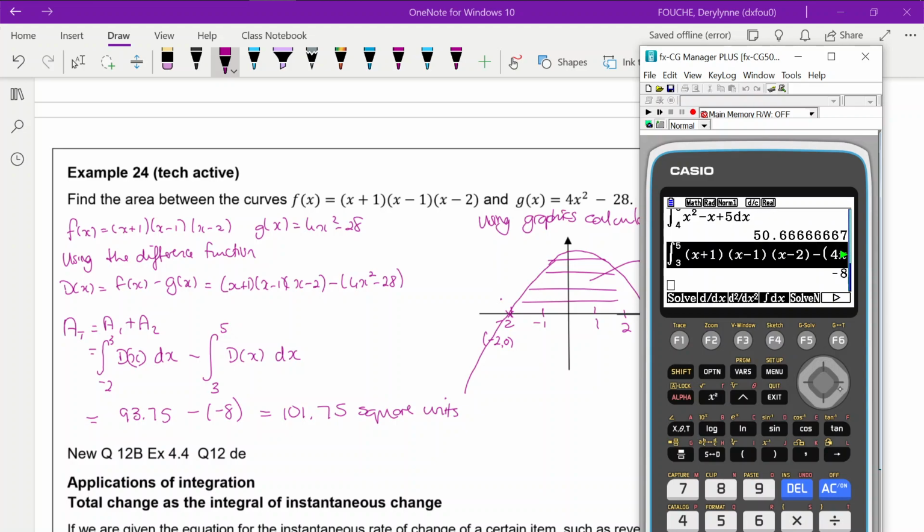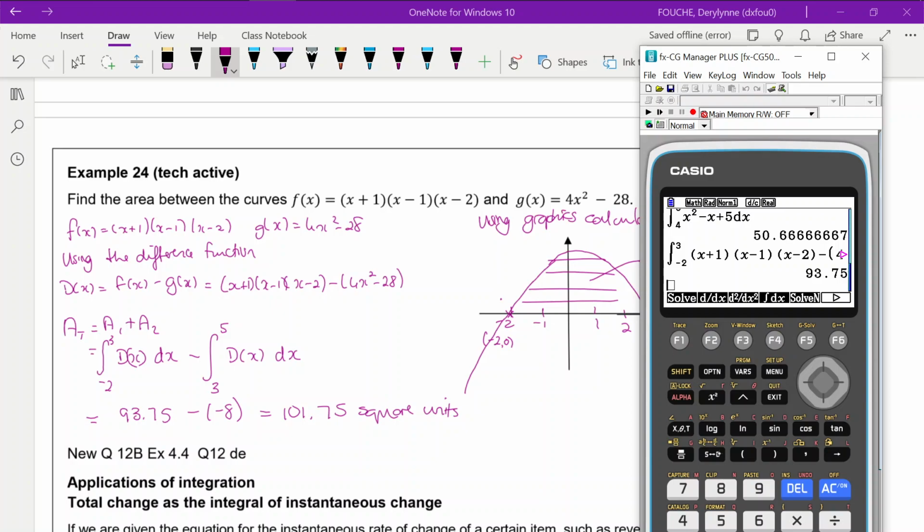And obviously the previous one was wrong because I didn't have the right values in. So -2 to 3. There we go. That's our 93.75. So there are a variety of ways you can do it with your calculator,